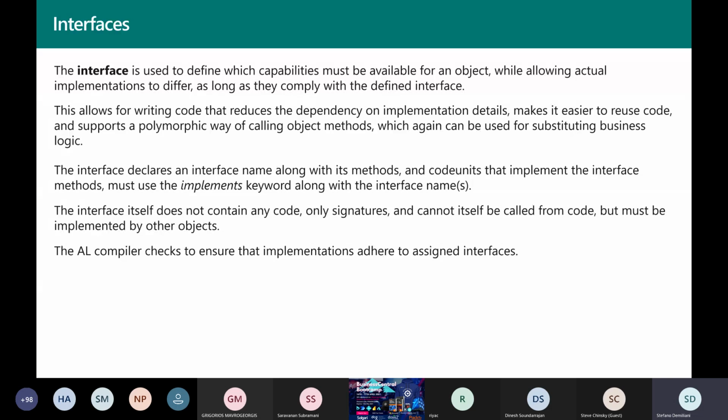When you implement an interface, the AL compiler checks to ensure that your implementation is totally compliant to the contract. So if the contract specifies that you need to define three methods, your implementation must define these three methods with the same parameters. So how can you use interfaces in order to be extendable and in order to improve our previously created code